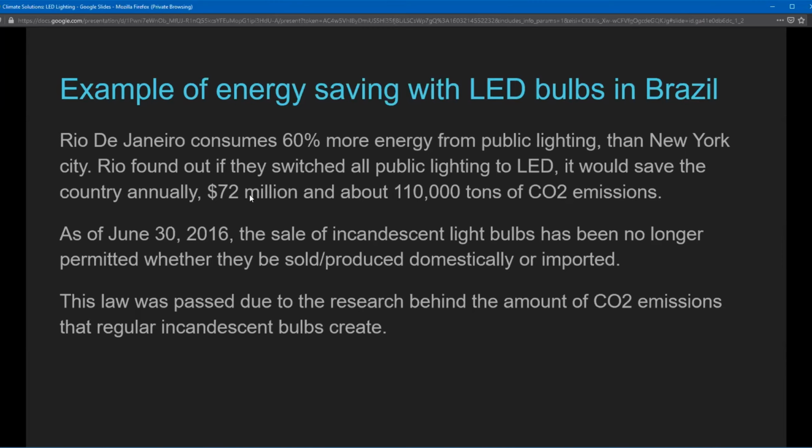An example of energy saving within these LED bulbs is actually in Brazil. Many of you may not know I'm a dual citizen and I go to Brazil often, and I have seen the switching of LED bulbs in person